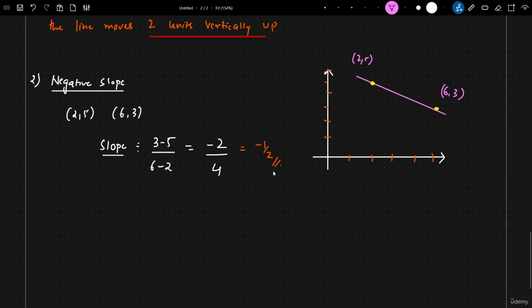Here you can clearly see that with respect to any unit movement along the x-axis, the value is vertically coming down by half units. So this is the understanding you can come up with. One more important way to mention it, because it is not good to always say a fraction like half: I can write, this means that for every 2 units